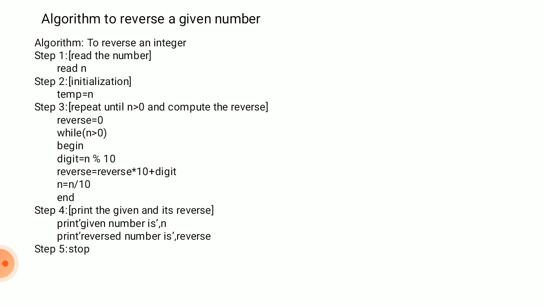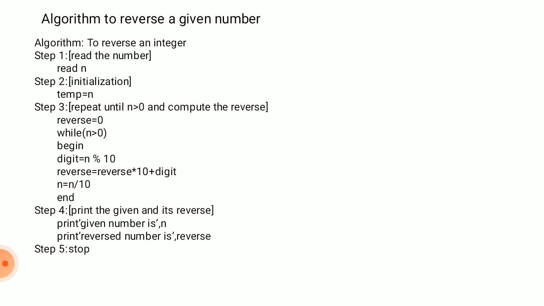And in the second statement, reverse is equal to reverse into 10 plus digit. Every time, to find the remainder and the quotient, we have taken a constant value 10. That is compulsory. You should not take a different number, like 20 or 30. So this is the 10 to reverse a given number, right? The third statement is n is equal to n slash 10. Slash is used to find the quotient of the number.